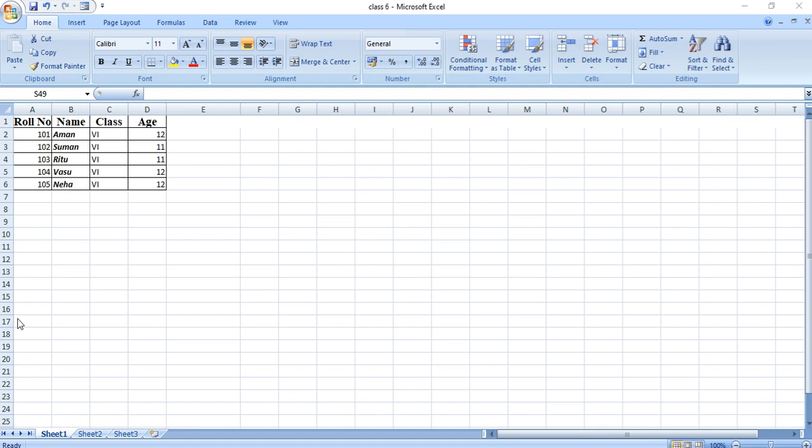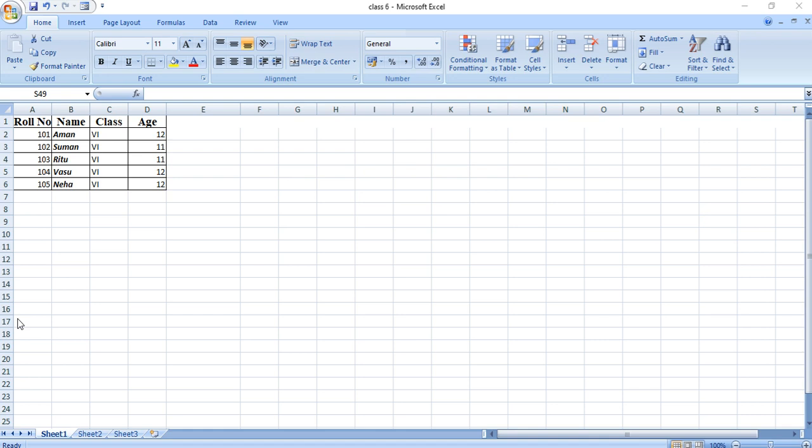Today we are going to learn the next topic, copying and moving data. Copying data means to duplicate the cell content, that can be either text, numbers or even formula, within or to another worksheet. This operation does not affect the original data. Whereas moving data refers to shifting the position of cell content to another location within or to another worksheet.